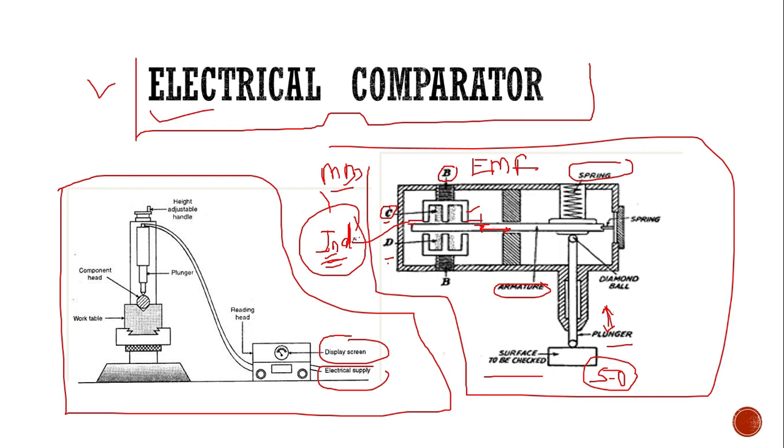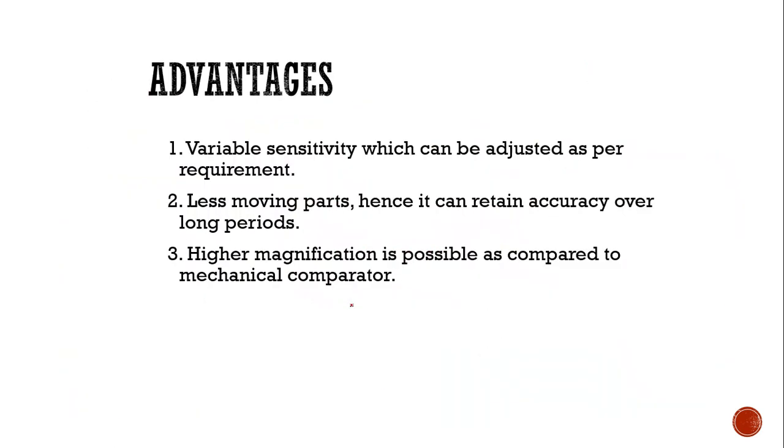Okay, so these inductance values are captured, and from how exactly the inductance values change, based on that, what dimension can be tracked, or what the variation of dimension is can be identified. So in this way, with the help of this electromotive force or inductance, by observing the electrical parameters, we will be able to see the variations of these dimensions. So this is basically the electrical comparator.